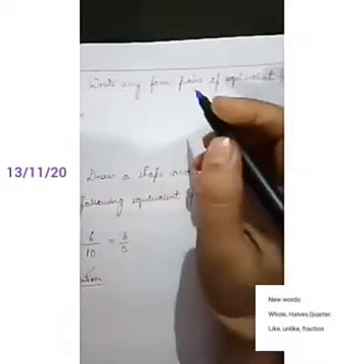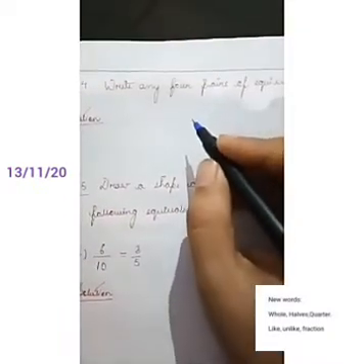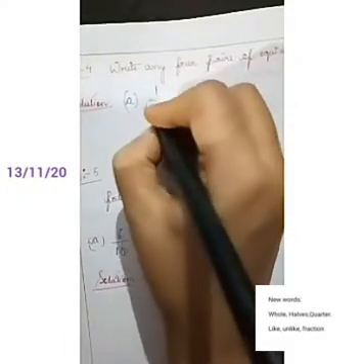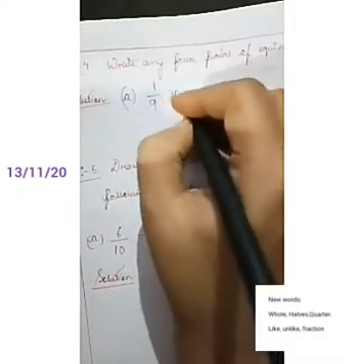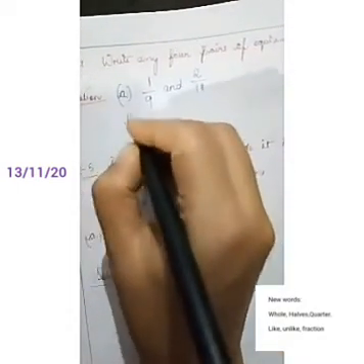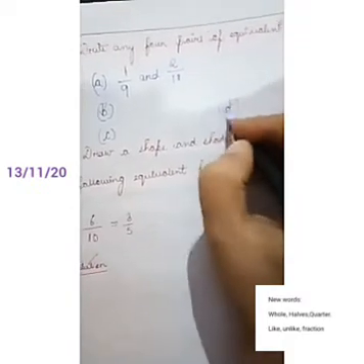Now question number 4 is given. Write any 4 pairs of equivalent fractions. In all these questions, number 1, 2 and 3, we got equivalent fractions. So I'll give only one example, the rest you have to do by yourself. Okay, so 1 by 9 and 2 by 18. I wrote one answer. Similarly B, C and D, you have to write the answers on your own.